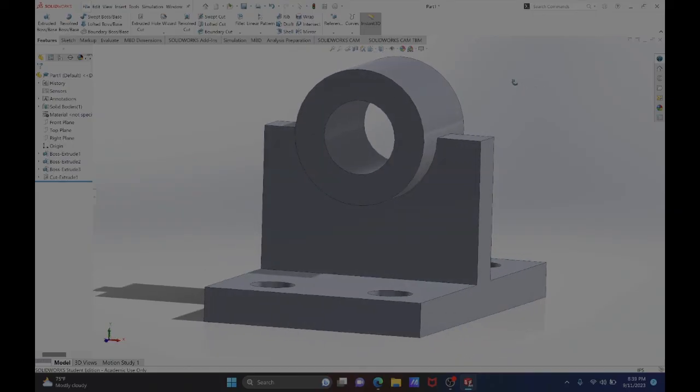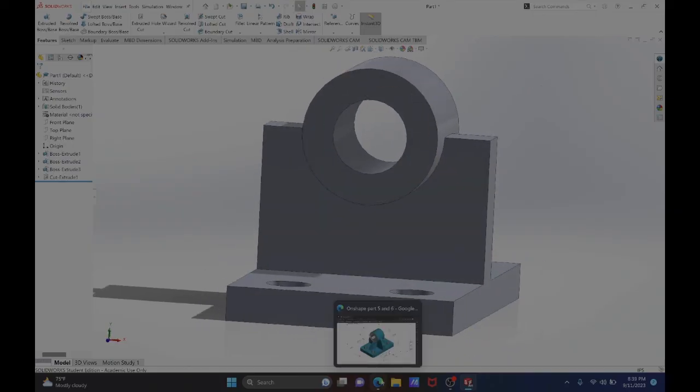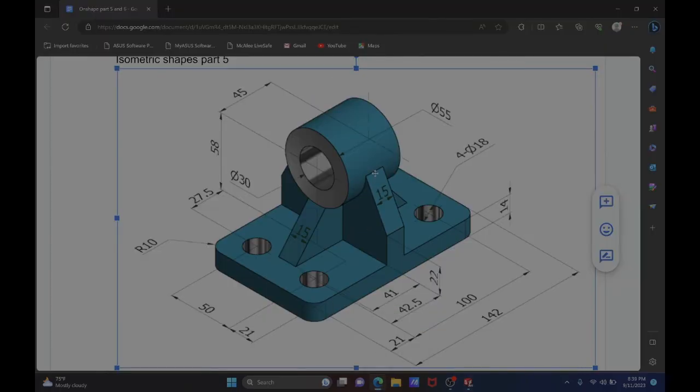Okay. All right. So now we want to create this shape right there. Okay. It could be just the point of view. So what I'm gonna do